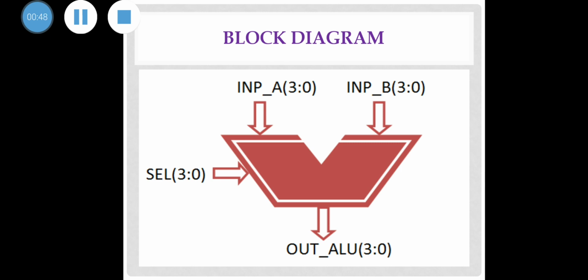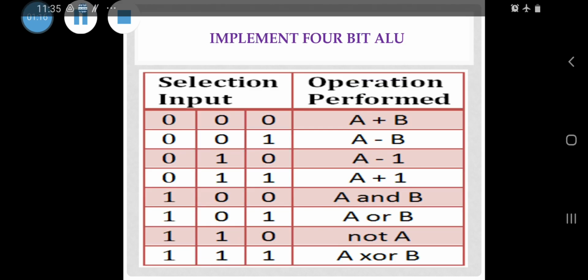There is a 4-bit input A and a 4-bit input B, and the select line is a 3-bit, and the output is 4-bit, that is 0 to 3. So this is a 4-bit arithmetic and logic unit, therefore all the inputs are of 4 bits.